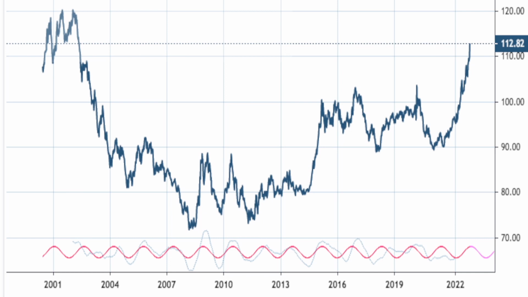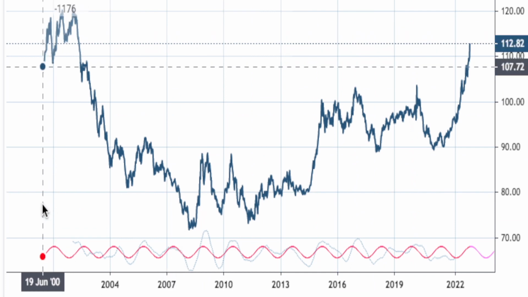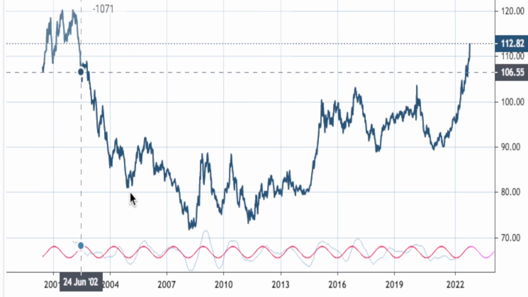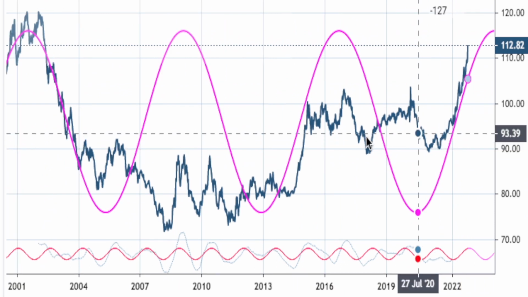But without any further delay, let's get into the charts. So we're going to start out with our weekly chart using data from June of 2000 to current prices. And there are three cycles. One has good correlation, the other two don't. So we're going to start off with the bigger one, the 396.